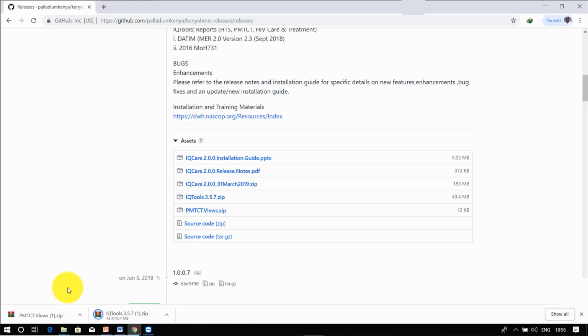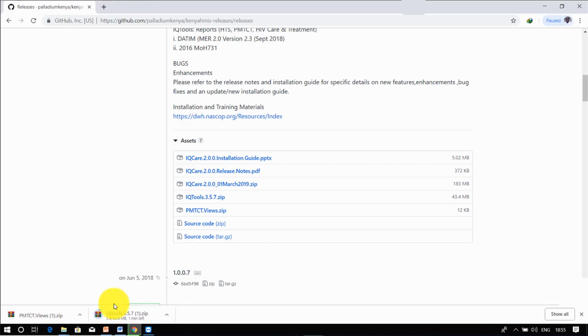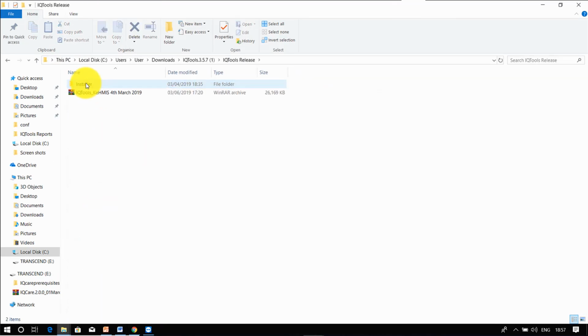Progress of the download will be shown. We are pulling the PMCTC views. Once done, access the downloaded zip files from your downloads. Extract them. Paste the files.